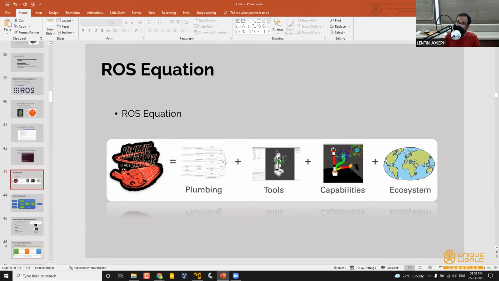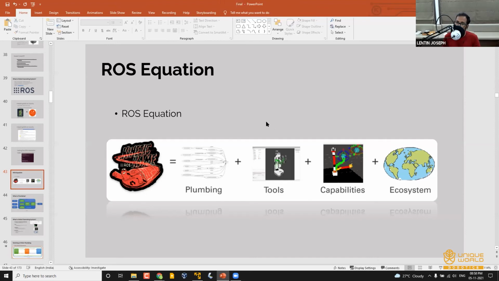If you want to create an autonomous mobile robot or a robotic arm, then using these capabilities, you can build your robot without any coding at all. And there is a great ecosystem around ROS. Ecosystem means open source developers are there, and you will get a lot of support.